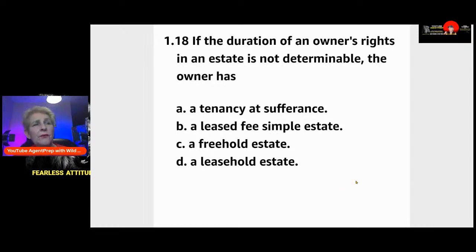If the duration of an owner's rights in an estate is not determinable, the owner has what? A, a tenancy at sufferance; B, a fee simple estate; C, a freehold estate; or D, a leasehold estate. So if the duration of an owner's rights in an estate is not determinable, the owner has,